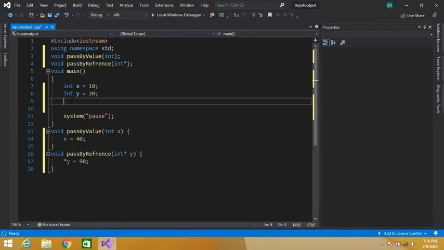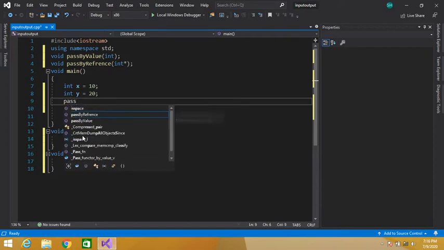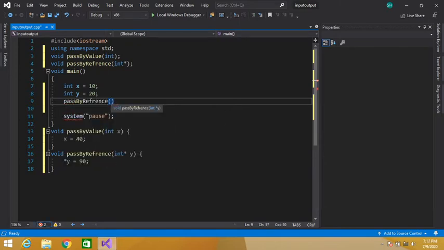Let's call this function over here. Pass by reference, and I will pass the address operator and y.